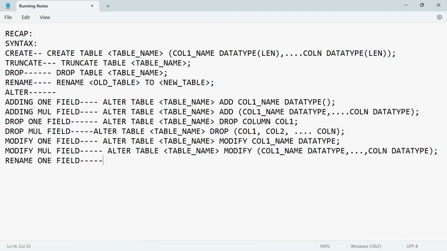So now the last one, rename. ALTER TABLE table_name RENAME COLUMN old_column_name TO new_column_name. Right? Let's just go and review